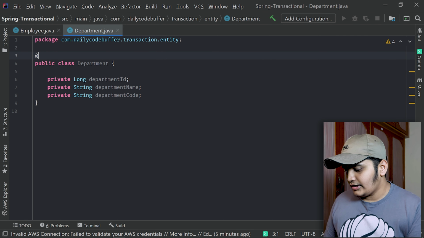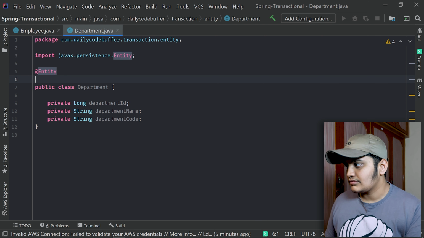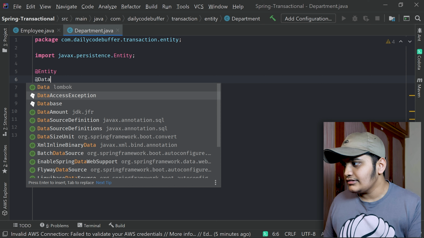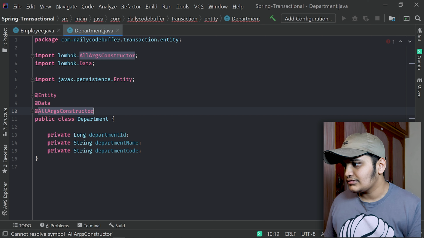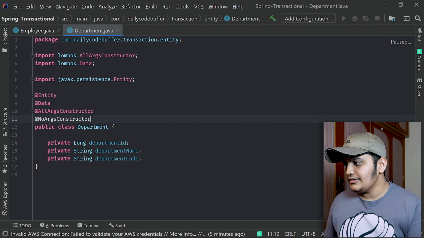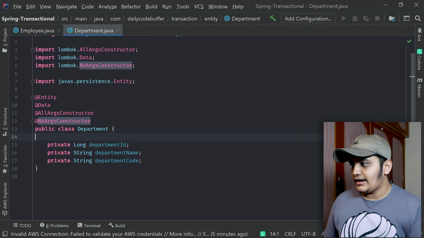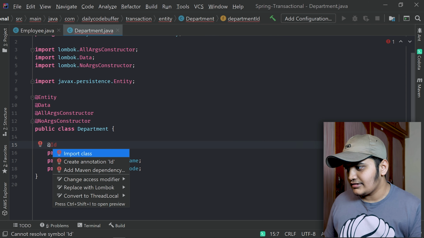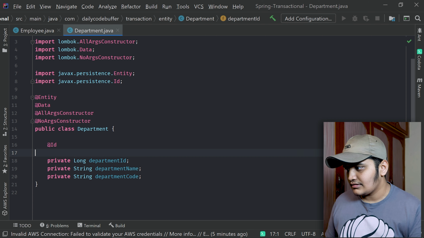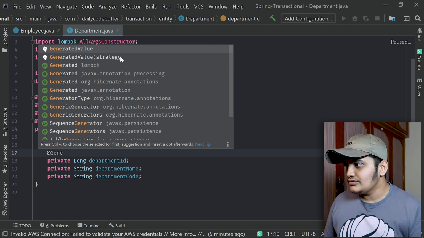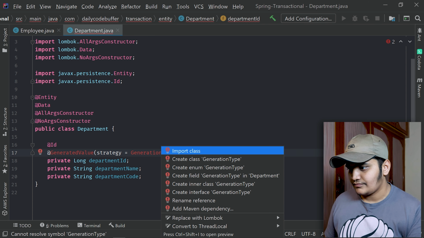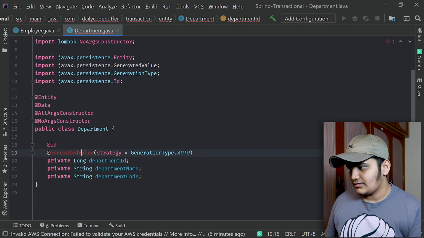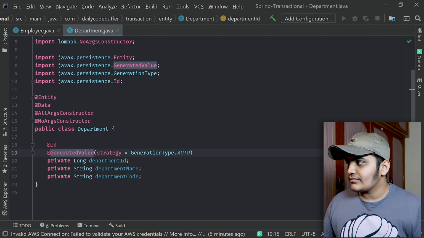I'll annotate this with @Entity, and also with Lombok @Data, with all args constructor and no args constructor, and @Id as this is my primary key, and @GeneratedValue with strategy equals GenerationType.AUTO. So my two entity classes are ready, Employee and Department.